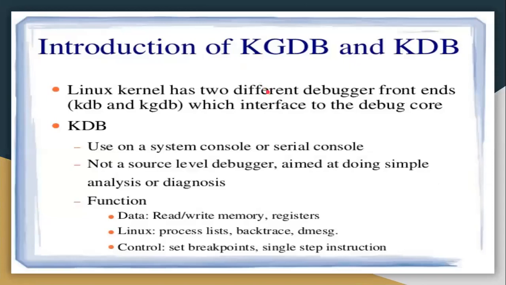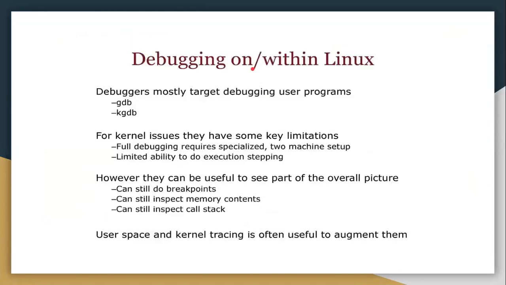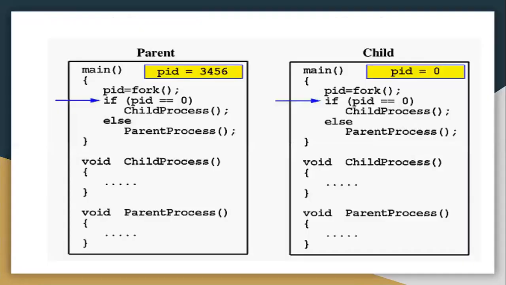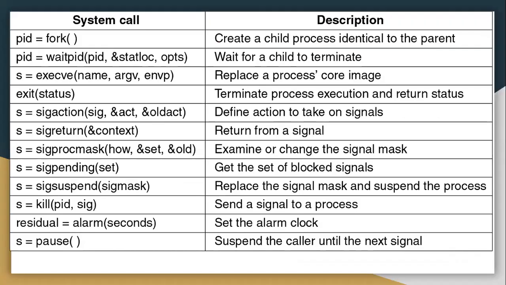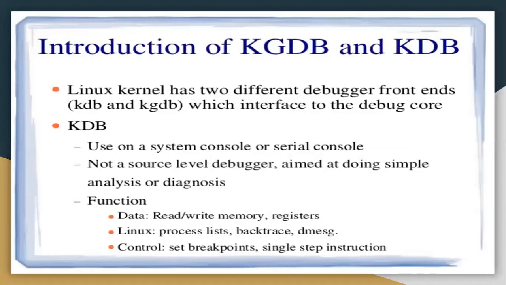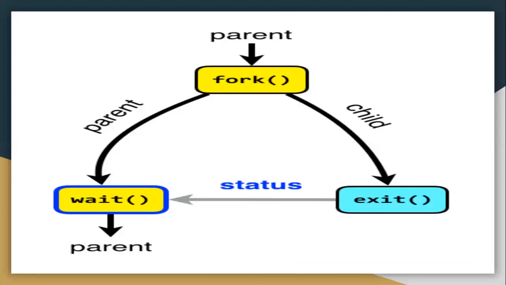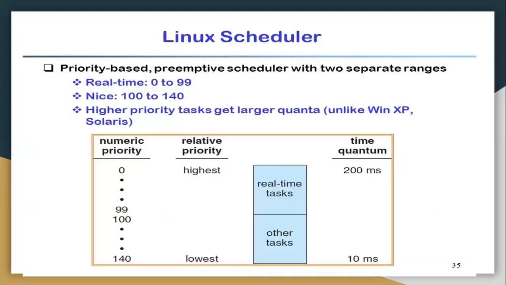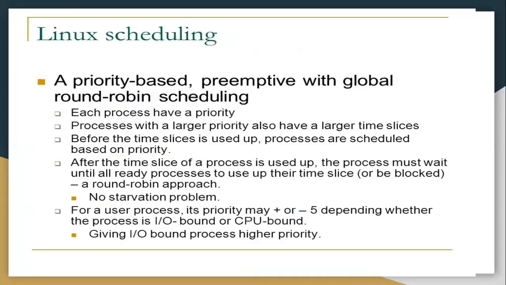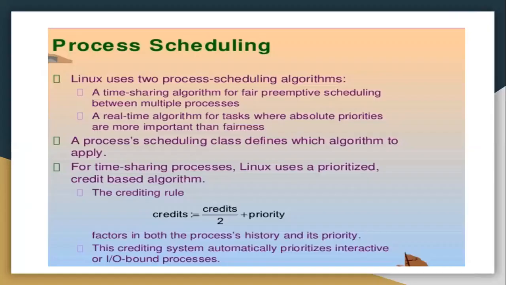Then we have to work with debuggers. One topic we are left with is the debugger, which will be discussed in the next class, on how to work with debuggers. Fine. So this is actually the few topics left in unit 4, that is the debugger. Otherwise, system calls. Do read about system calls, various scheduling algorithms and their priorities.